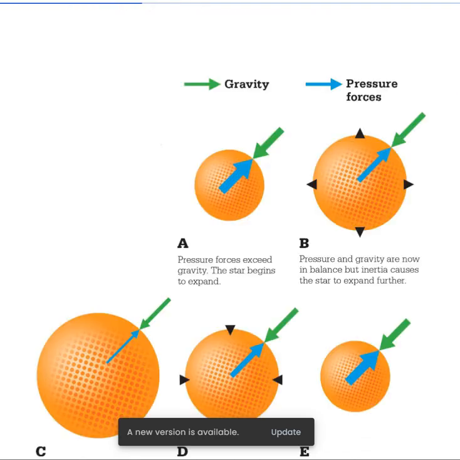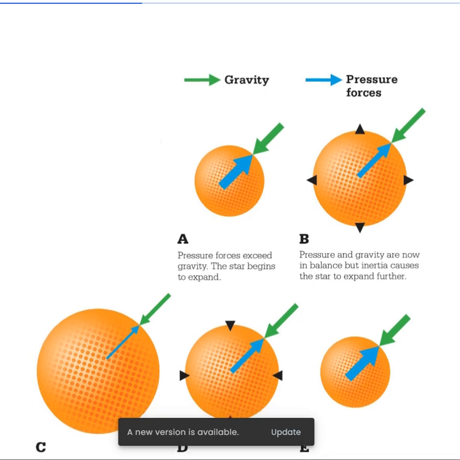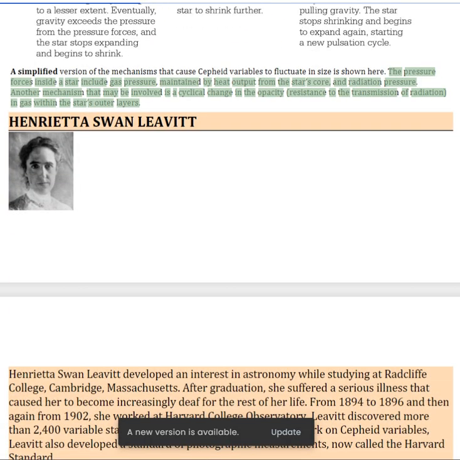Pangratio Papacosta, science historian. A simplified version of the mechanisms that cause Cepheid variables to fluctuate in size is shown here. The pressure forces inside a star include gas pressure, maintained by heat output from the star's core, and radiation pressure. Another mechanism that may be involved is a cyclical change in the opacity of gas within the star's outer